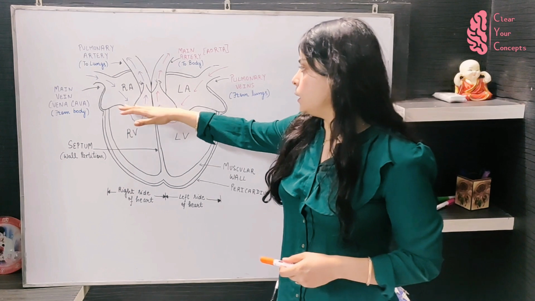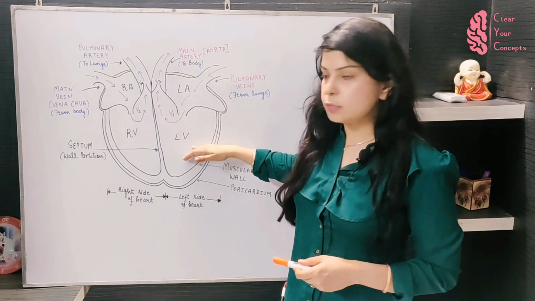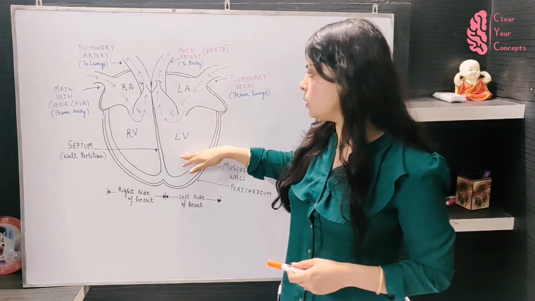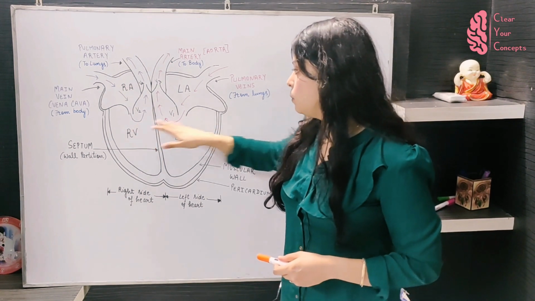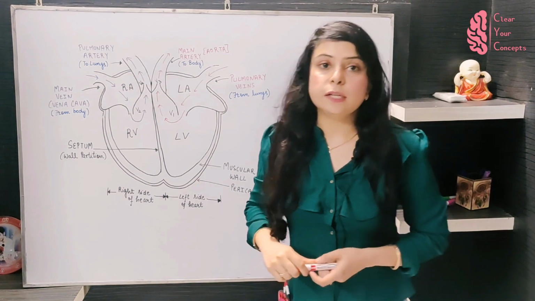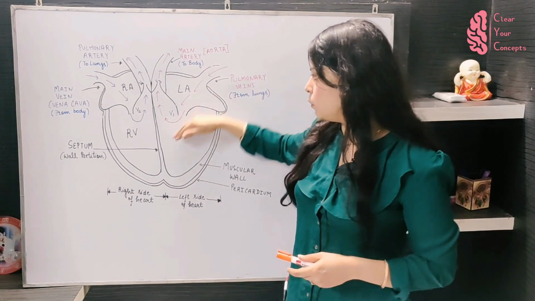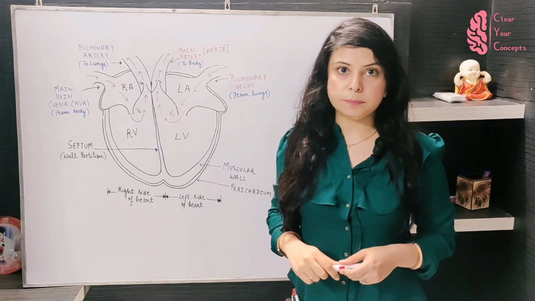Here you can see there is no complete separation between the auricles and the ventricles. As you can see here, blood can pass from auricles to ventricles, and these get separated by the valves. Now, what are the valves? Valves are flap-like structures that allow the blood to pass only in one direction. That is, they prevent the backflow of the blood.